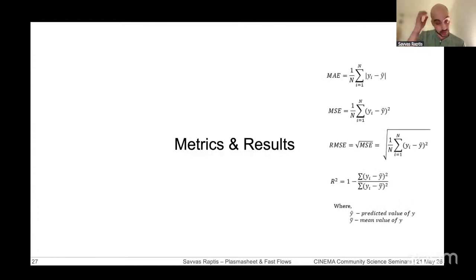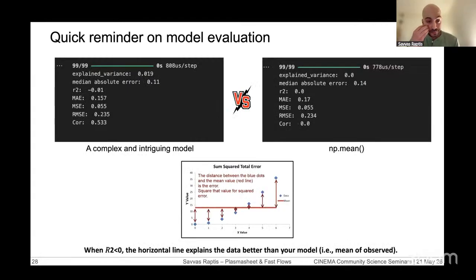Before I show you the results, since I'm very happy to have time to talk about this, usually with a shorter presentation you never have time, but I think it's very important to mention. I want to talk briefly about the different metrics that we use when we try to build those kinds of models and how we are able to determine whether they are working or not. This is just an example where, if we take an interesting physical model, we may end up with certain metrics, such as the correlation that you see over here, being relatively high. Of course, this is very important because it means that it captures the overall trend. But this doesn't necessarily mean that this is a model that actually captures the variability or the variation.